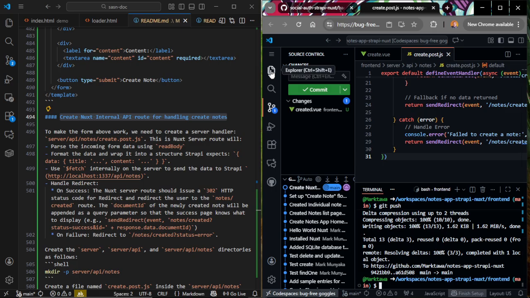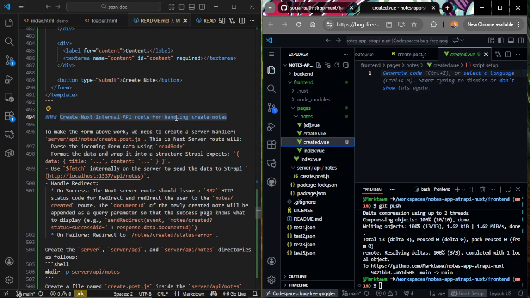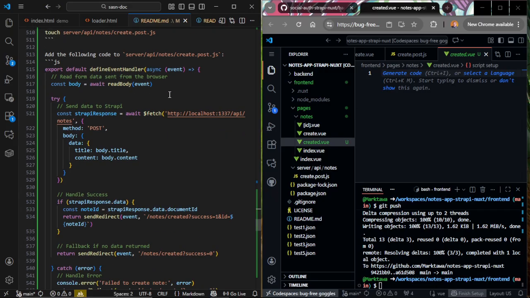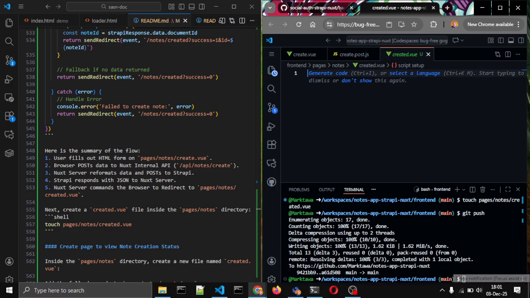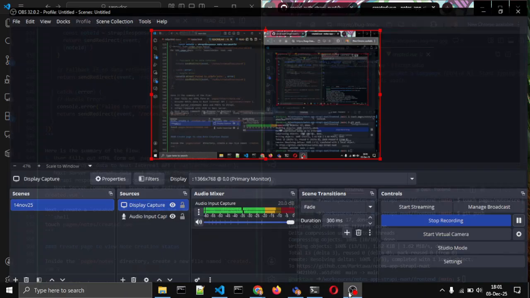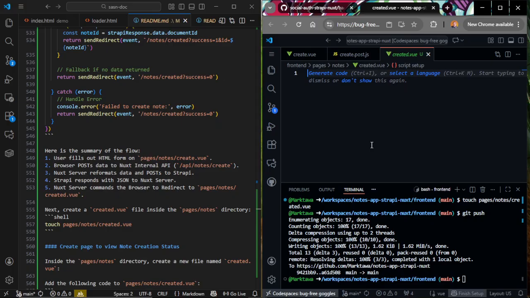Next, we have created created.vue. This is the confirmation page. Once again, if you don't remember, this will confirm whether or not we successfully created a note. So now inside the created.vue file, we'll add the following code. Recording, we're back again. So we are now creating the confirmation page where we'll confirm whether or not the note was created, and the